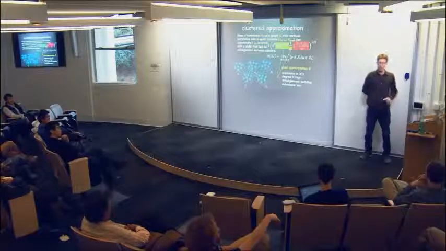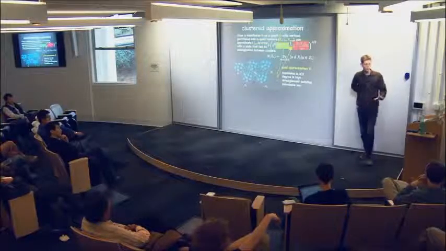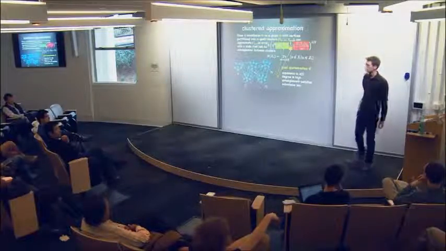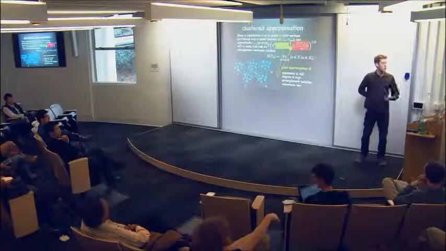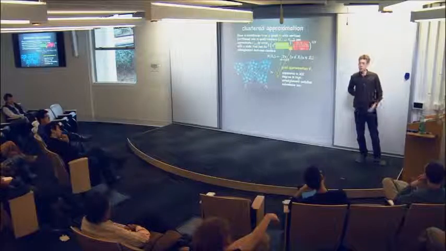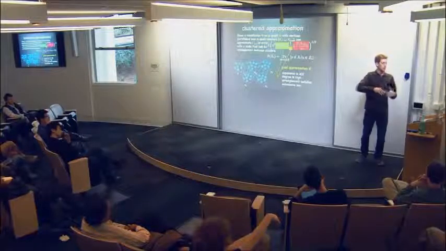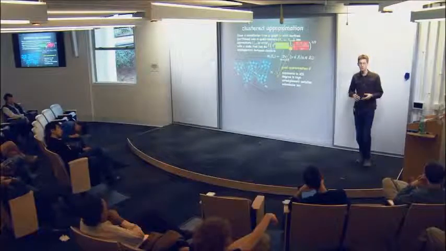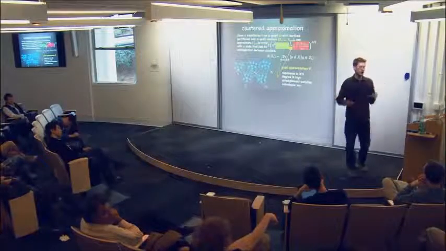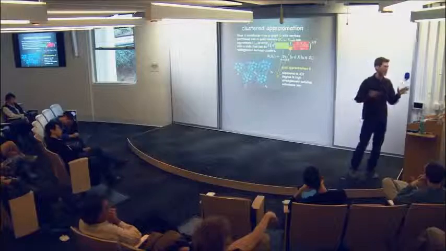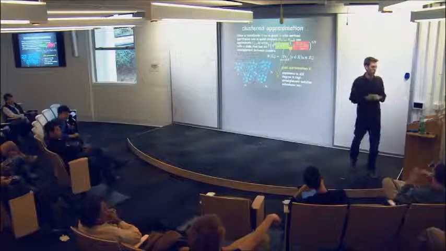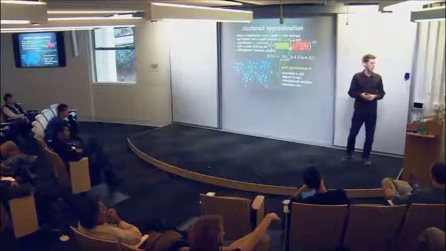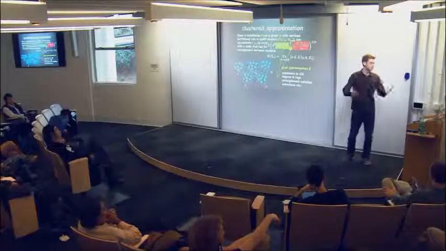I guess this might be clearer tomorrow when you hear about PCP. When you hear about PCP, people will talk about violating a constant fraction of the constraints. So you make errors in a small constant fraction of positions. You can think of this as agreeing with the ground state in 99% of locations, very, very roughly. That's the level of approximation that we want, which of course means that the fidelity will be very small.